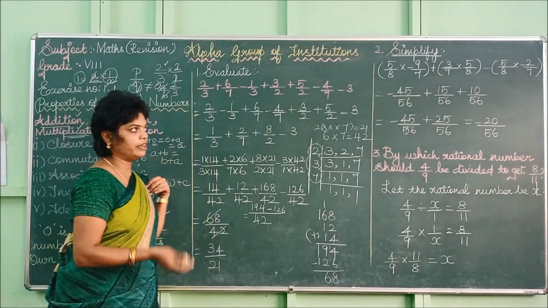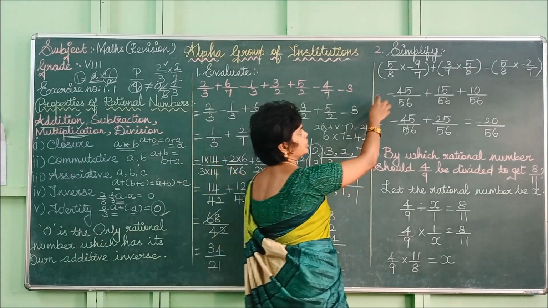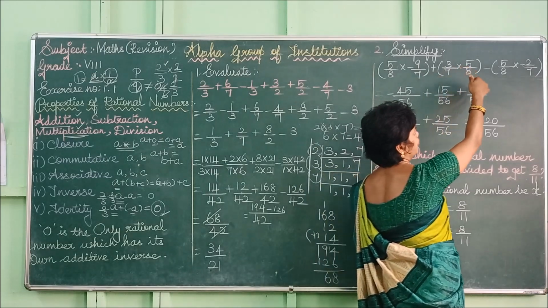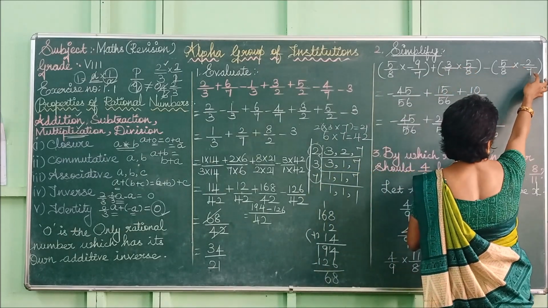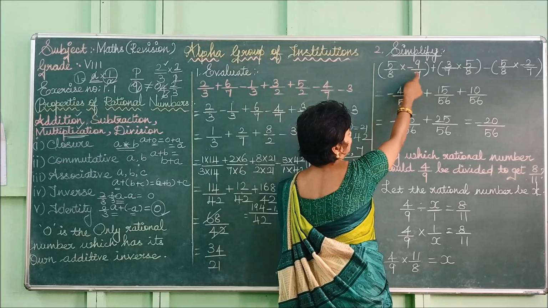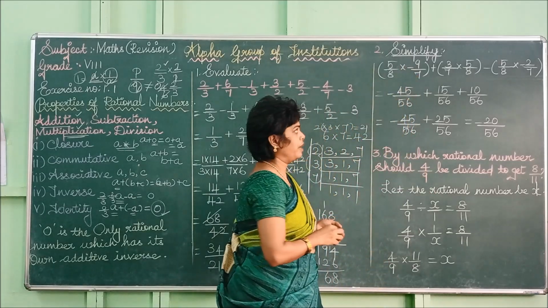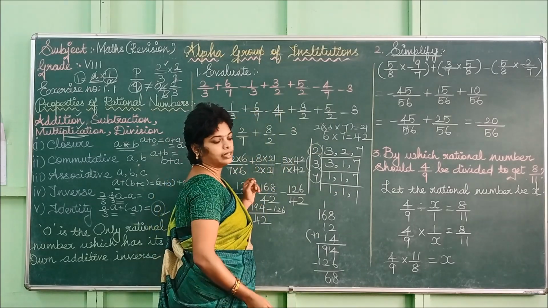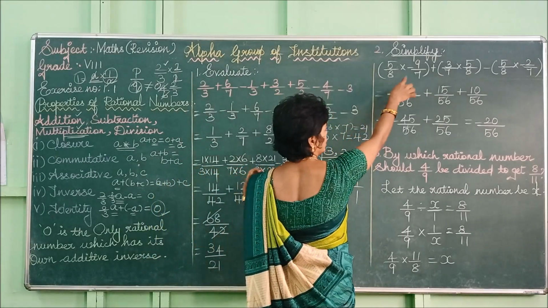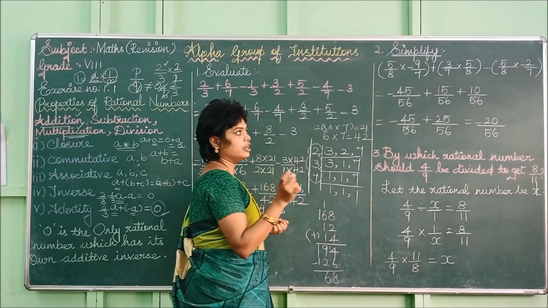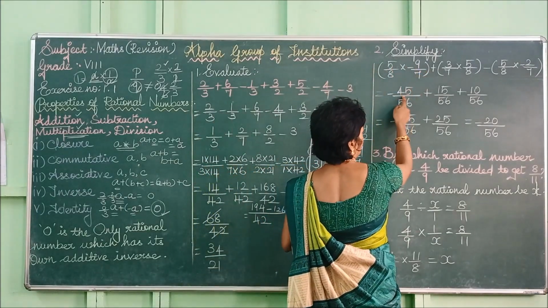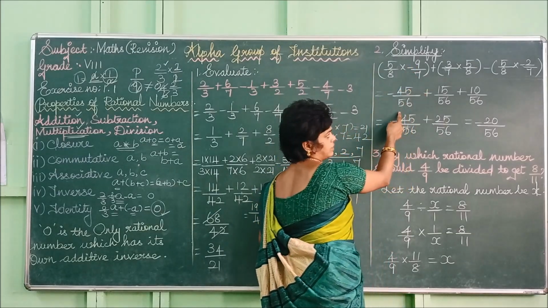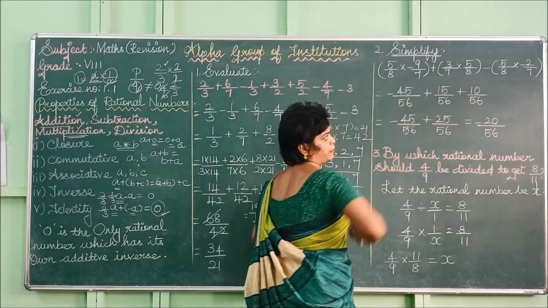So next one is simplify. So look at here. What is the question? 5 by 8 into minus 9 by 7 plus 3 by 7 into 5 by 8 minus 5 by 8 into minus 2 by 7. So listen. 5 into 9 is what? 45. So if it is addition or subtraction, you have to check the denominators. But it is multiplication, you can easily multiply the numerator as well as the denominator. So 5 9s are what? 45. For the sign is negative, how to put the negative sign? 8 7s are 56. Next put the symbol, that is plus.